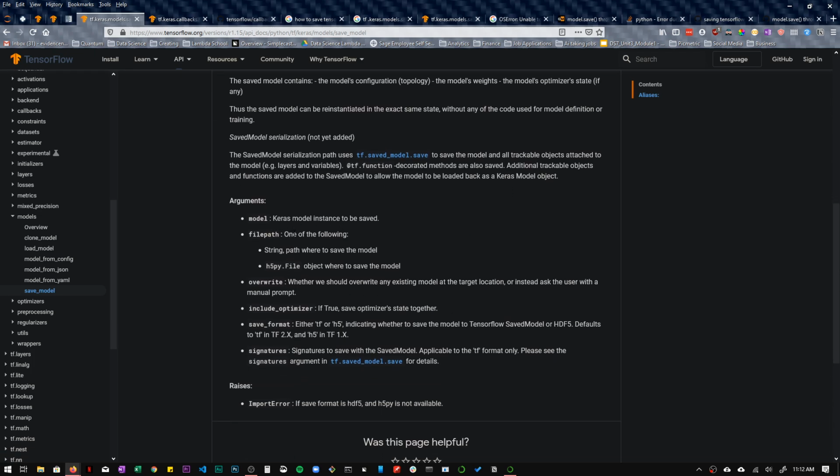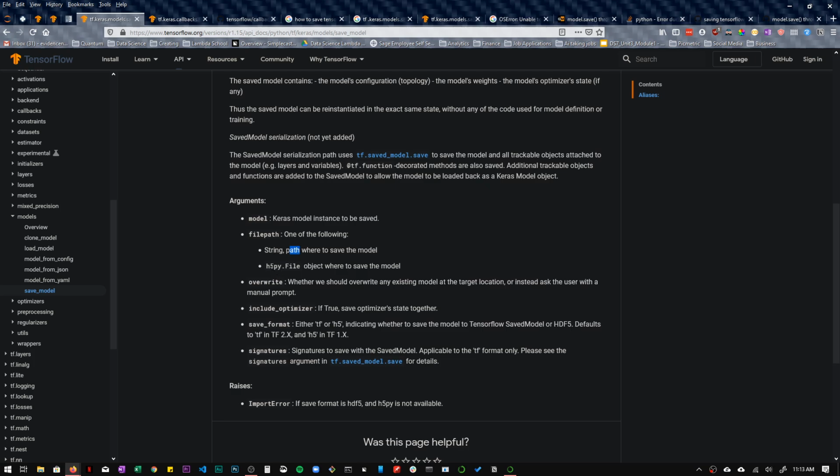Keras, one of the following. It says string path where to save the model. It's an h5py file object where to save the model. It's a string, okay? It's an associated path where to save the model.